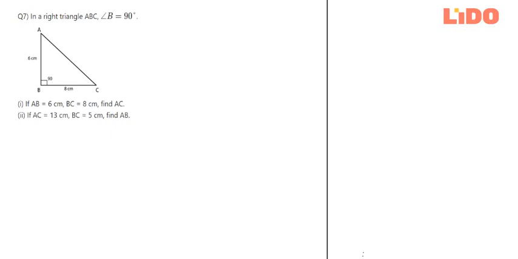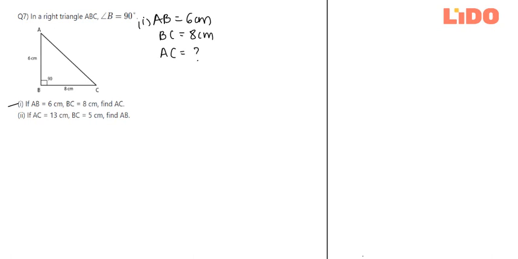In this video we are going to solve a question in which there is a right angle triangle ABC, in which angle B is given as 90 degrees, and in both the different options that you see over here we need to figure out each of the sides. Okay, so let's look at the first one. It says AB is equal to 6 centimeters, BC is equal to 8 centimeters. We need to find out AC.